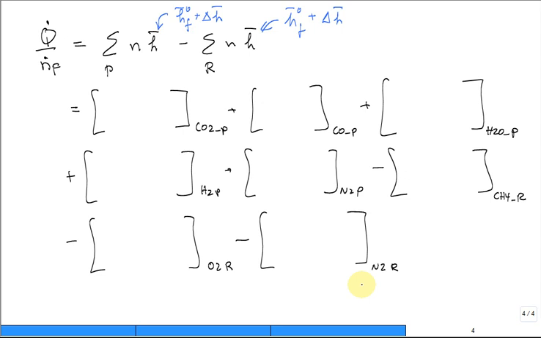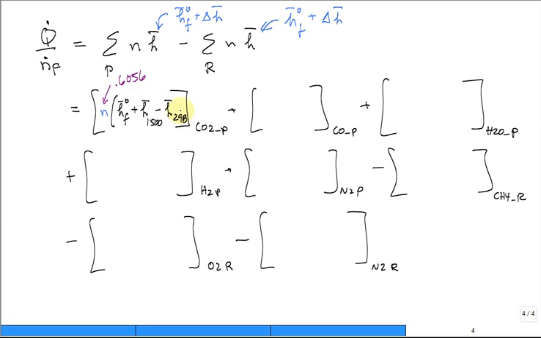Okay. So you have to put in the number of moles of the CO2 in the products. Didn't we just solve for that? I'm just feeding you some numbers here so you can see that some of these you just calculated, 0.6056 for the CO2. Then you multiply by the enthalpy of formation on a molar basis for the CO2, which you can look up. And here's the rub. You would normally say this is the molar enthalpy of CO2 evaluated at the exit temperature of 1500 Kelvin